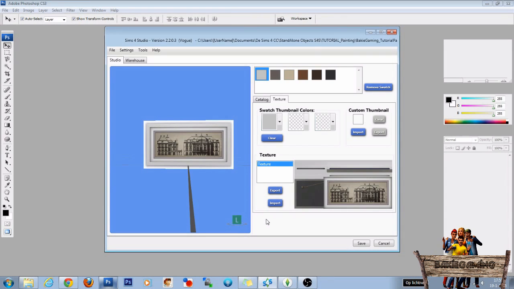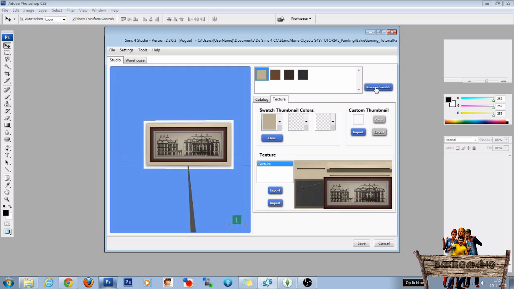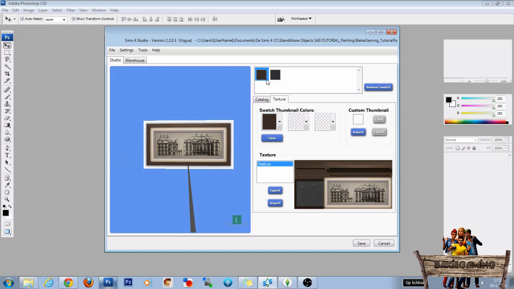Now you see there are 6 swatches. So there are 6 recolors. We only need 2, so we're gonna delete the first 4. We're only gonna make a painting with a black border, so click the second swatch and in the texture section